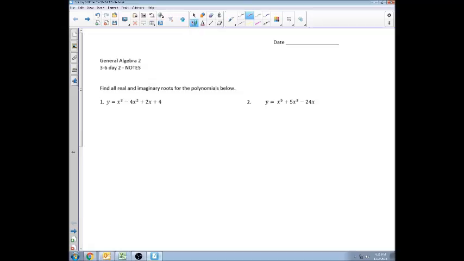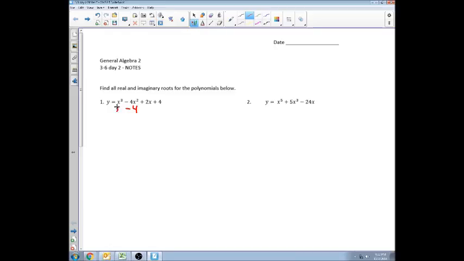So problem number 1, we have 4 terms. There's a couple options when we have 4 terms. The first one would be grouping. We always want to try to group first. In order to see if we can group or not, we're going to look at just the numbers. Don't worry about the variables. The first number is 1, the second number is -4. There is no GCF between 1 and -4, so those would be the numbers that would be inside the parentheses